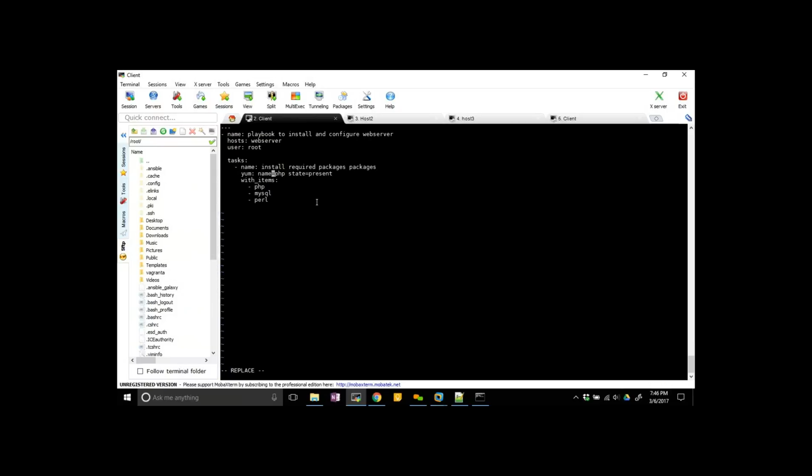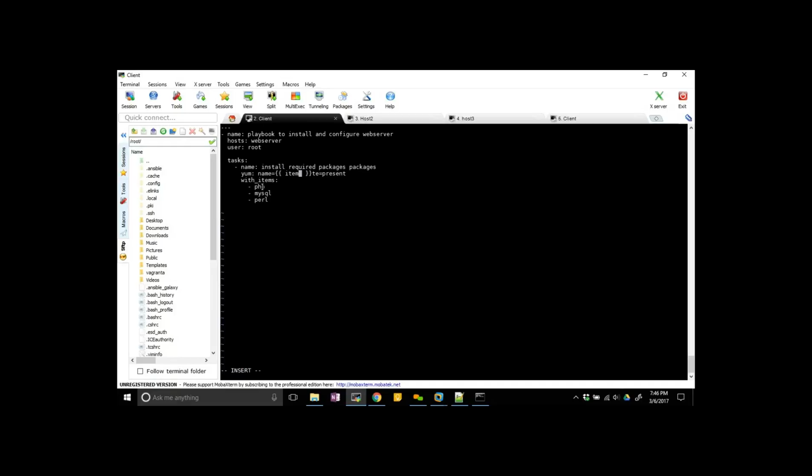Now go to the name instead of a single file name. You should make sure that you remove this PHP and use the variables now. So to give the variables, you should use these brackets, and in this you have to use the item. So this is the way to use the loops.